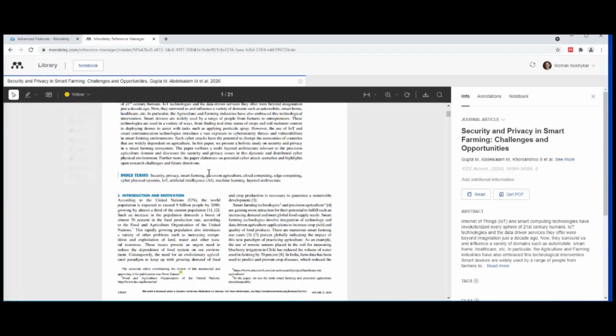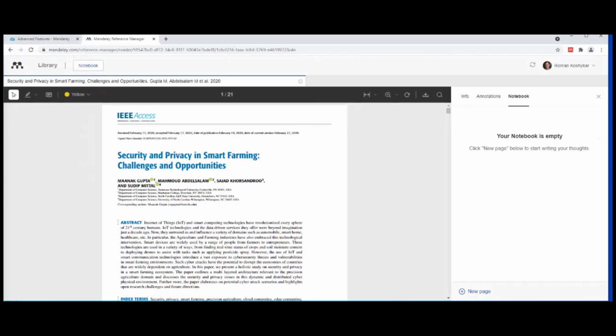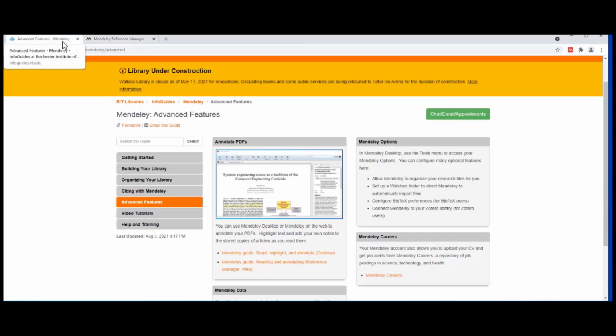And it works in much the same way. And don't forget that you also have the ability to add annotations into your notebook when you're using Mendeley on the web.